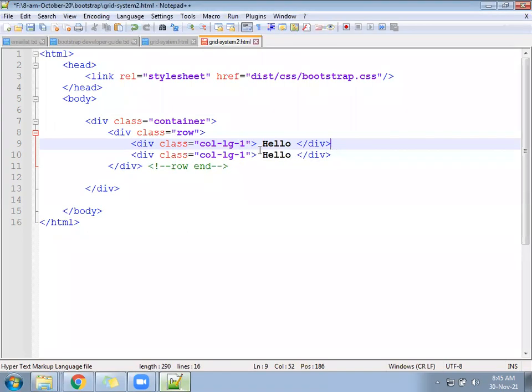Col-lg-1 and col-lg-1. Save it and check once.